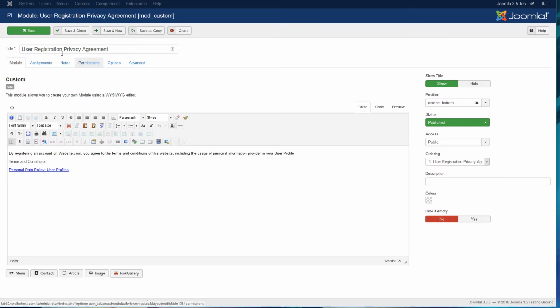For example, mine was made for the user registration. It says by registering an account, you agree to the terms and conditions, including the usage of personal information. And then there's a link that explains how the information is used. I don't have a terms and conditions yet, but yeah. You can also style the module as you see fit. And when the text is made, you can choose